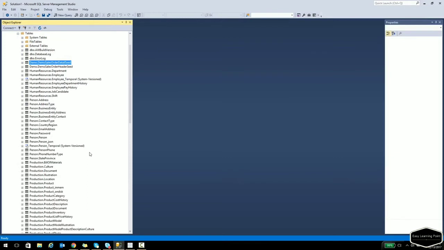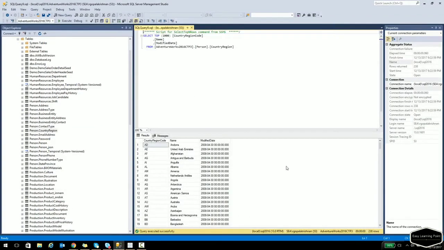You really need not worry about what I'm typing over here and some basic syntax and stuff. These are just pure SQL commands I'm typing. This is in no way related to any knowledge, any prerequisite that you need to know in order to learn Tableau, right? So let me actually go ahead and just look at our country region, which we have been playing with, and it has about 250 rows or something, 238 rows, and I'm going to choose just a portion of it. So I'm going to say that where country region code